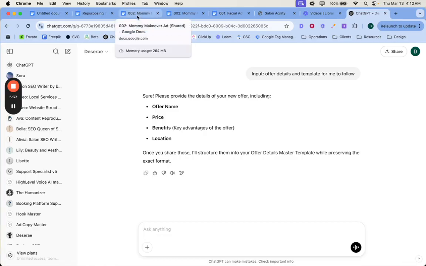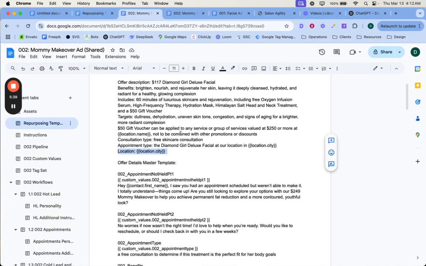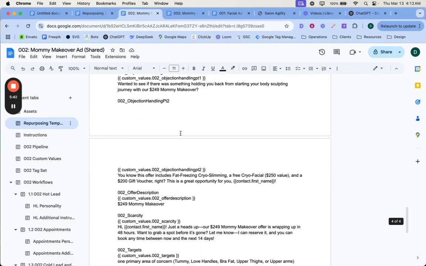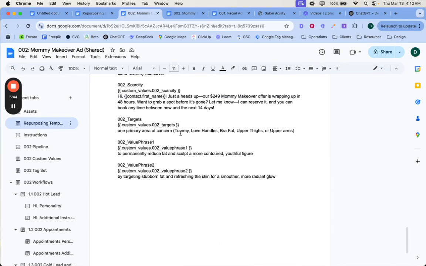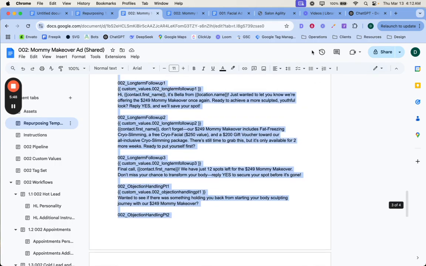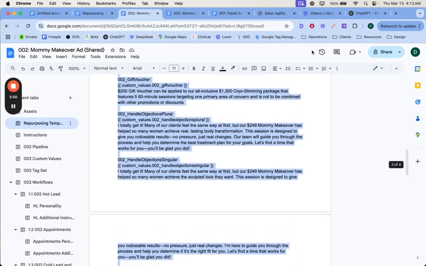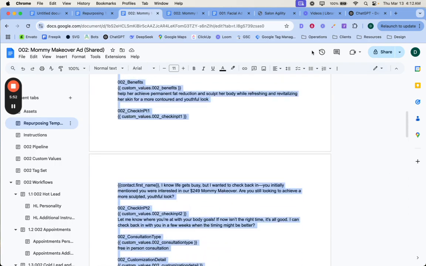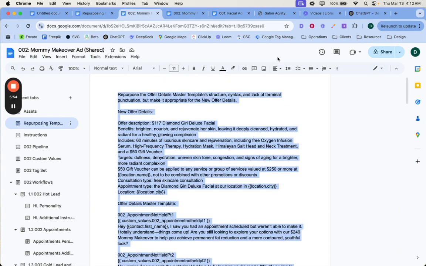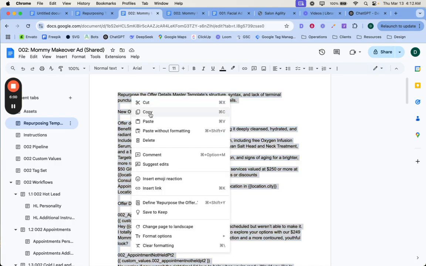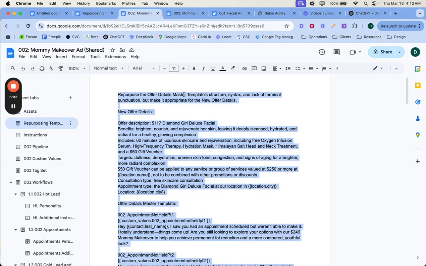that I showed you, essentially all you got to do is come down to the bottom, select all of this straight like that, and that's our little prompt right there. Repurpose to offer details, master template structure, syntax, and lack of terminal punctuation, but make it appropriate for the new offer